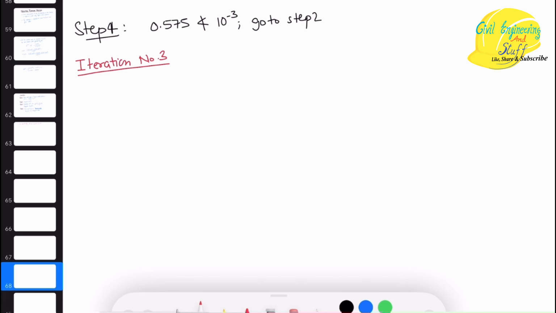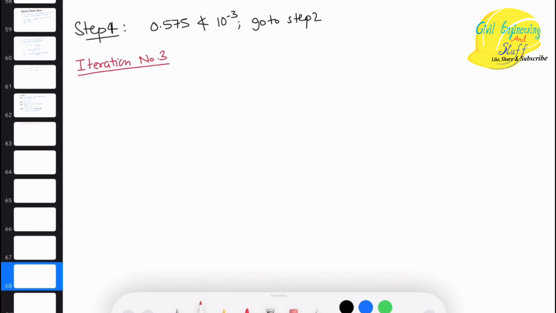So try to do this iteration by yourself and see if you are getting the value right or wrong, right? Because many times there is a mistake in putting the values that you got, right? There is a mistake in formula in hurry, and of course since it requires a lot of calculations, so putting the calculations in the calculator and writing the same in the copy, there are chances of a lot of error in that, right? So try to do iteration number 3 by yourself and see if you have got the method right or wrong.